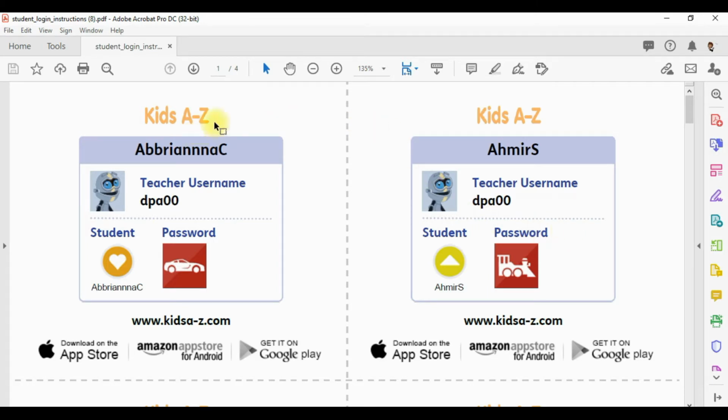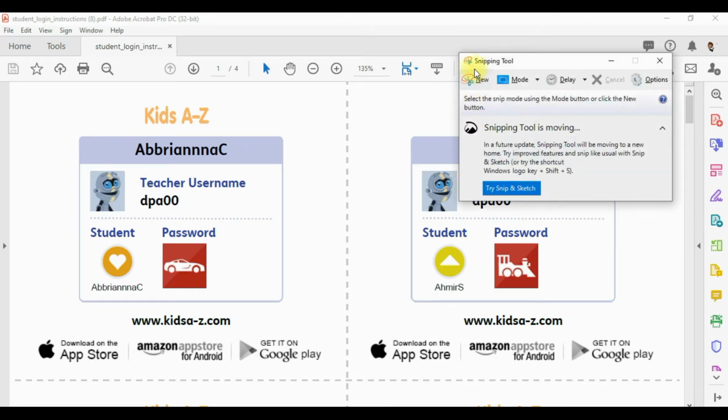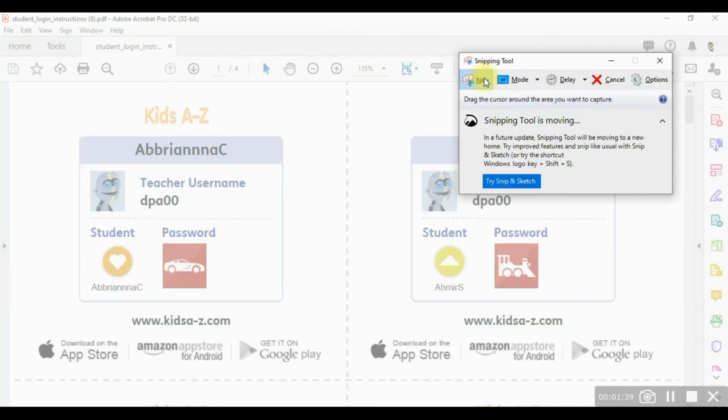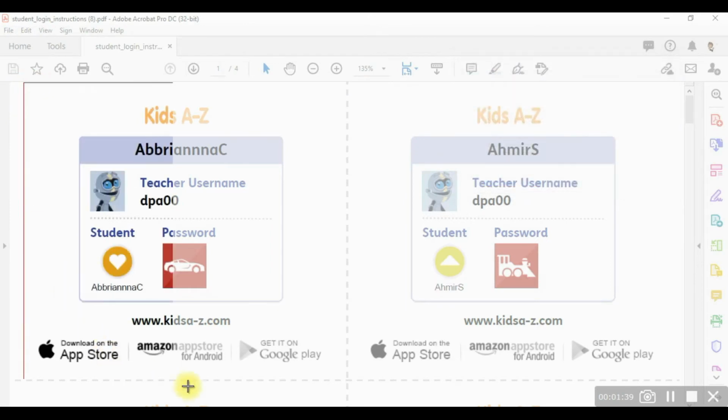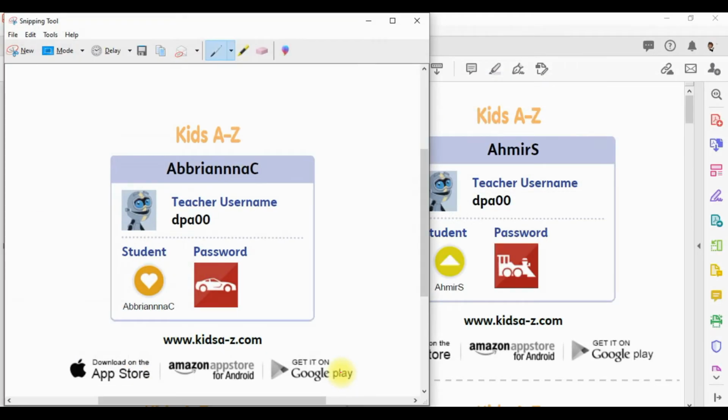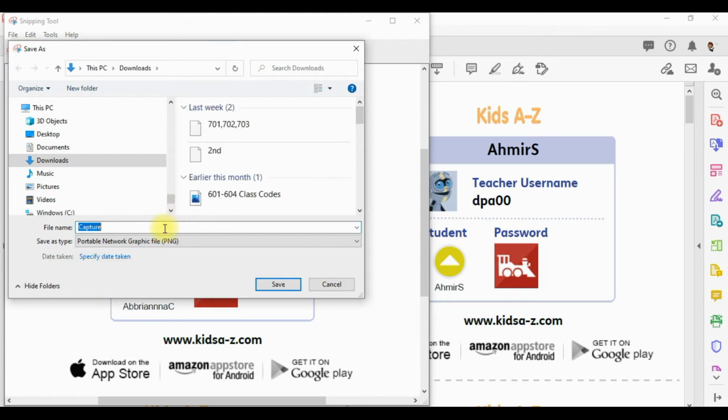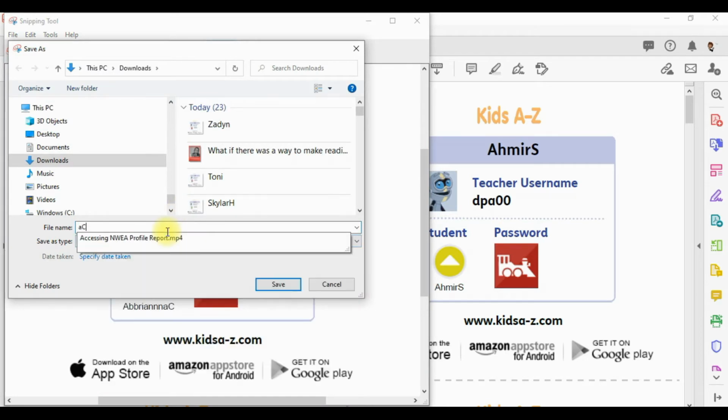So what you would essentially need to do is use a tool called a snipping tool. And if you're on Microsoft, you could just type in snipping and it'll pop right up. You just click on new. And what you do is you trace around whatever information you want. Now, the nice thing about this snipping tool is it creates an image. So I can go to file, I can go to save as, I can save it as the student's name,